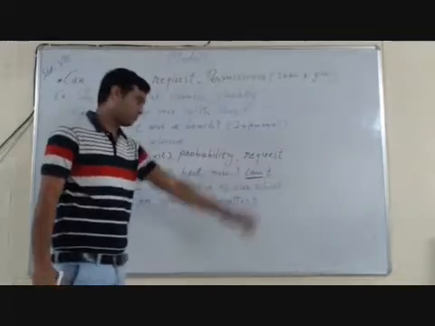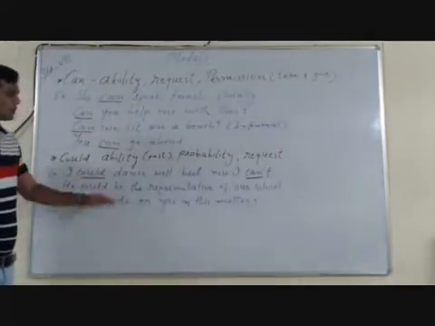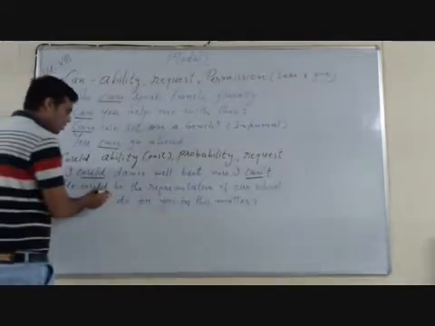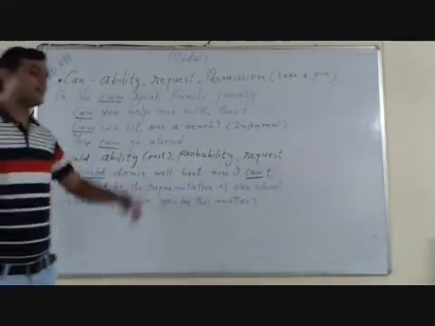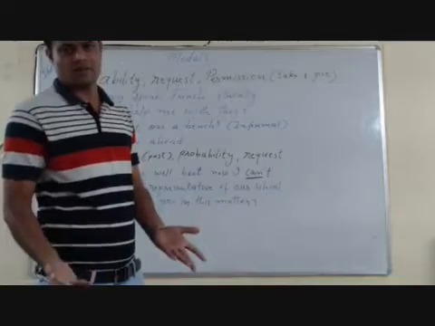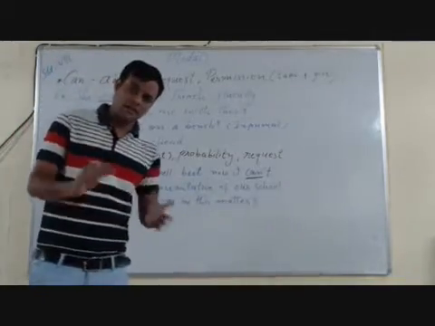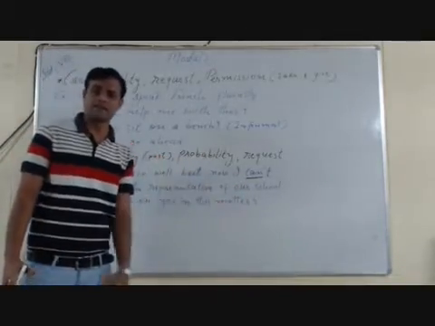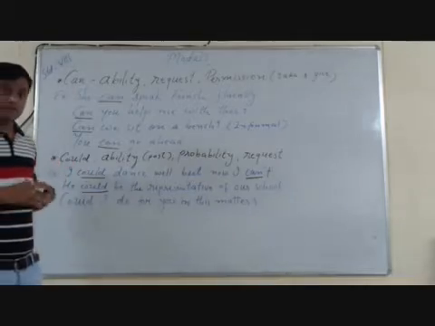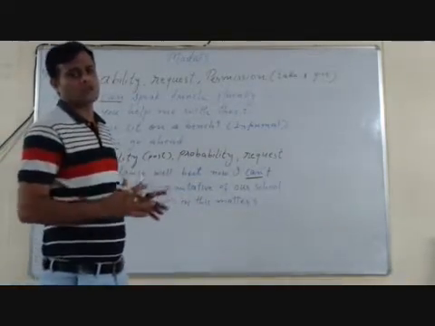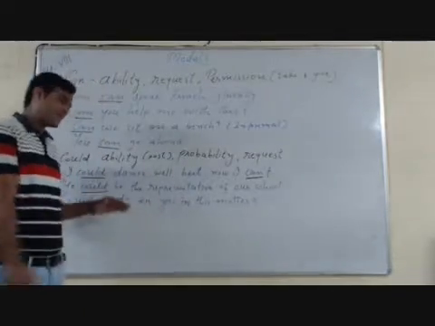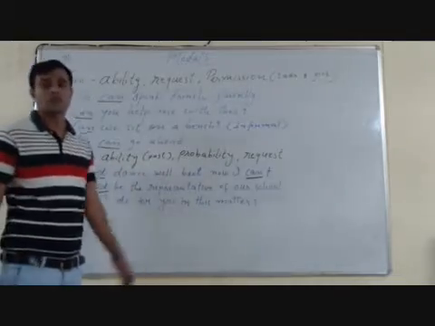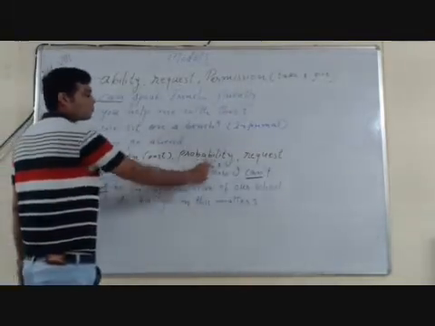Now I am unable. Next sentence, he could be the representative of our school. When we read the sentence, we can understand that here could shows probability. When there will be an election for head boy or head girl, or activities for making any student a representative, that time when there is some probability that this student or that student will be the representative of the school or a class, to show the probability we can use could. So here could shows probability.